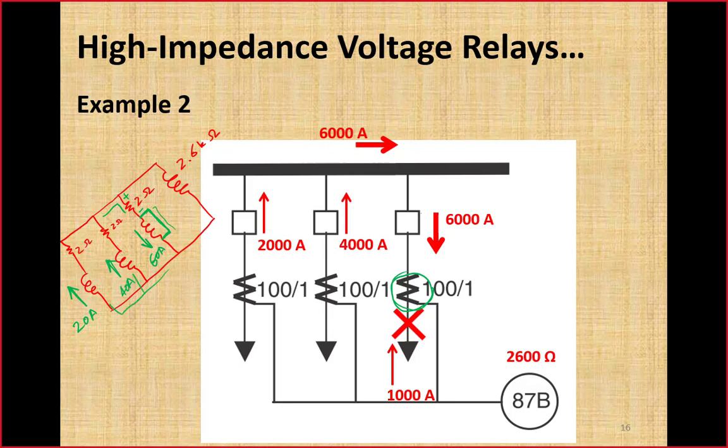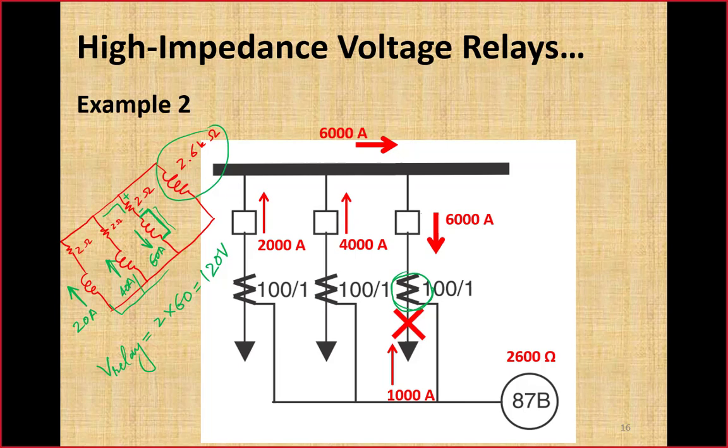Now the voltage that would appear across this high impedance branch will be the voltage that will occur across the series impedance due to this 60 ampere current. So we can say the voltage across the relay during that closing external fault will be 2 into the total current, which is 60, and that is equal to 120 volt. And this is the maximum voltage that would appear across the relay if a closing external fault occurs, which is the criteria for the setting of the relay.